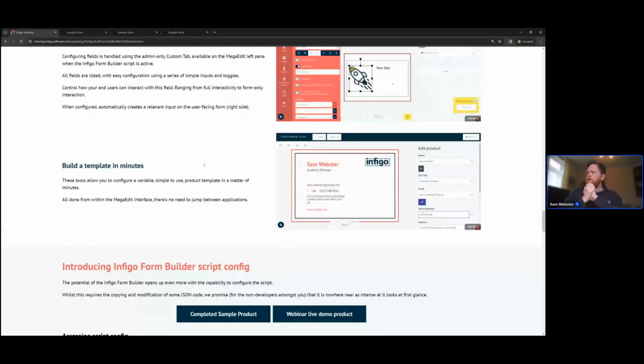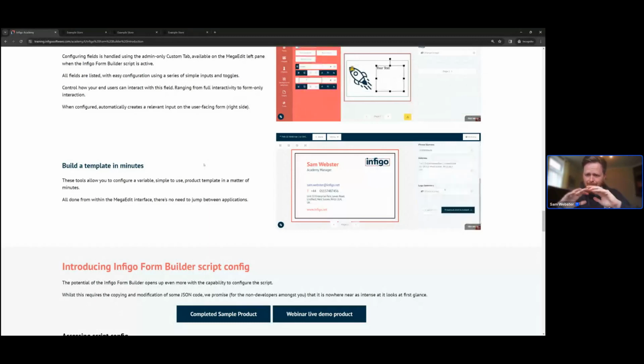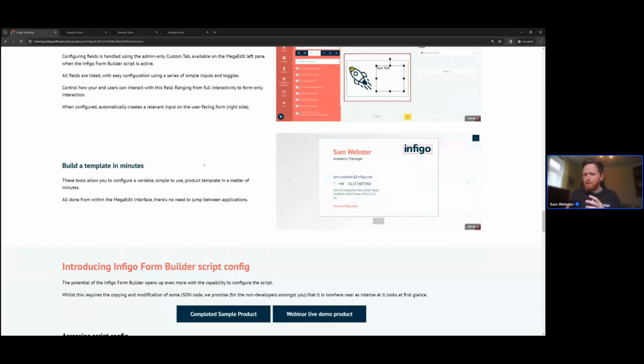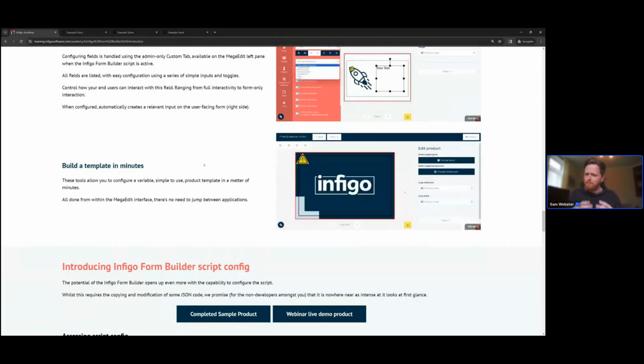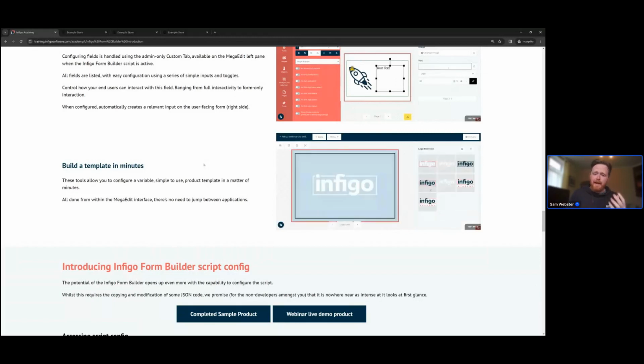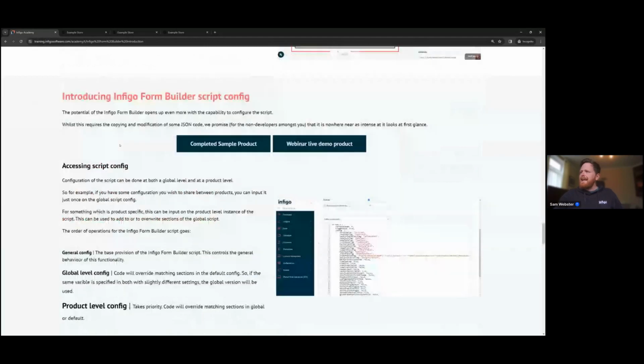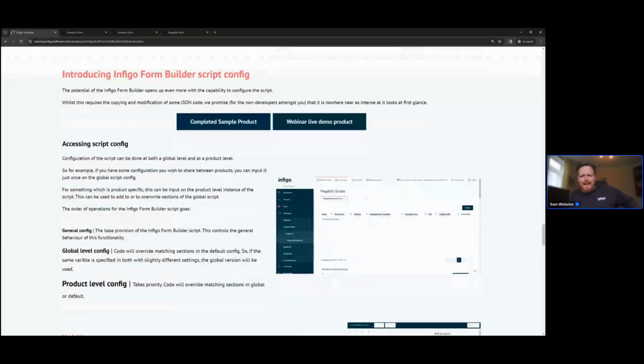Okay, so if you're building a very simple template like that, of course, you can get into a lot of different areas and a lot of different detail. But if you are just building a fairly simple template, you can do it in a matter of minutes. It's really, really simple. And again, it's all in Mega Edit. There's no need to jump between interfaces. Now, the next section